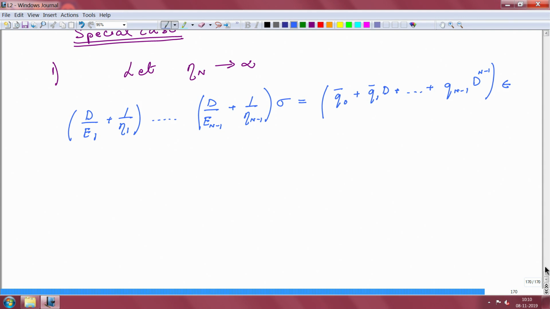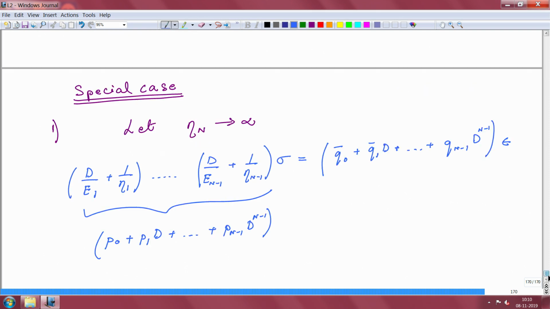So, this is interesting, and one reason this is interesting is because this side also has highest powers of n. So, maybe I can even write this one as some p 0 plus p 1 d plus p n minus 1 d n minus 1, right. So, this is a very nice ODE, because the polynomials on both sides are very similar. It is only that the coefficients are now going to be different. The powers are the same on both sides, the highest powers. You have all the different terms, and then you also have this other constant term. Okay.